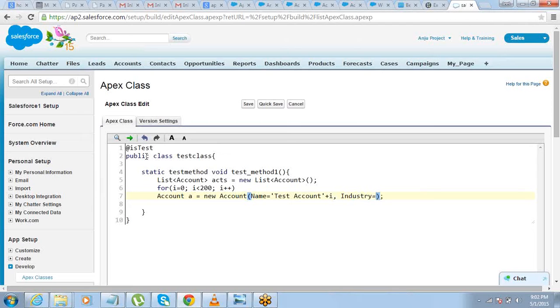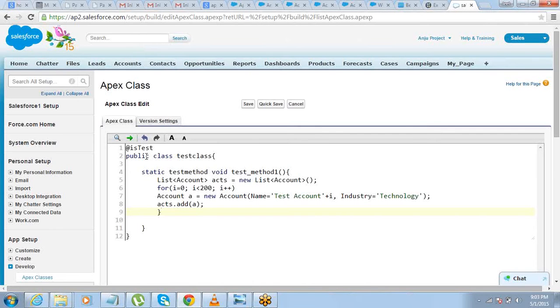Industry equals technology, right? Then add a to acts, close the loop.